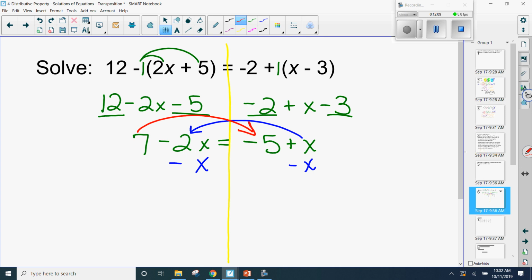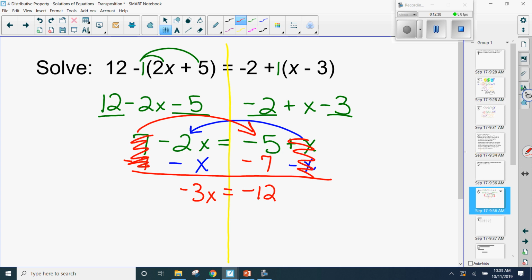Some of you did the arrows. Some of you just said, well, it's positive here, so it's going to be negative here. And you didn't even put that I'm going to subtract it there. Whichever way you've done this, these are additive inverses. I moved the x over, so I changed the sign. And on the left-hand side, you get -3x. On the right-hand side, you get